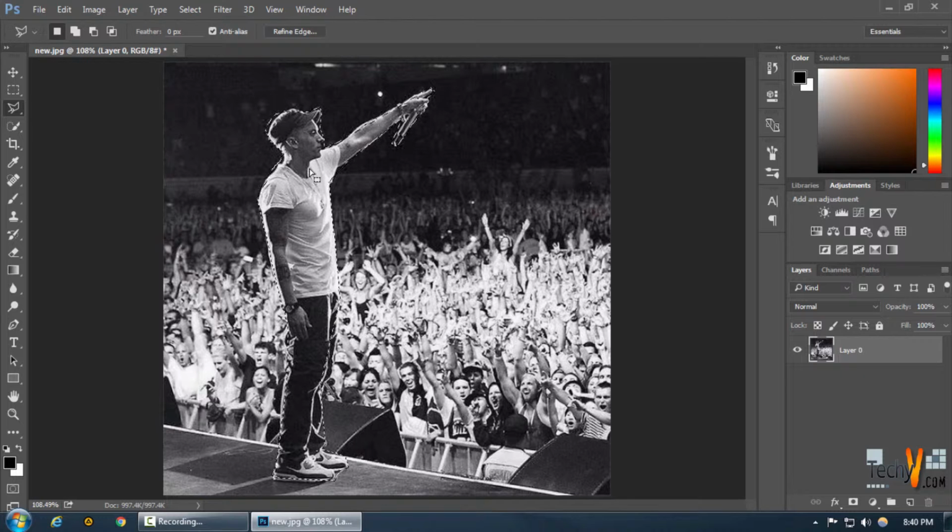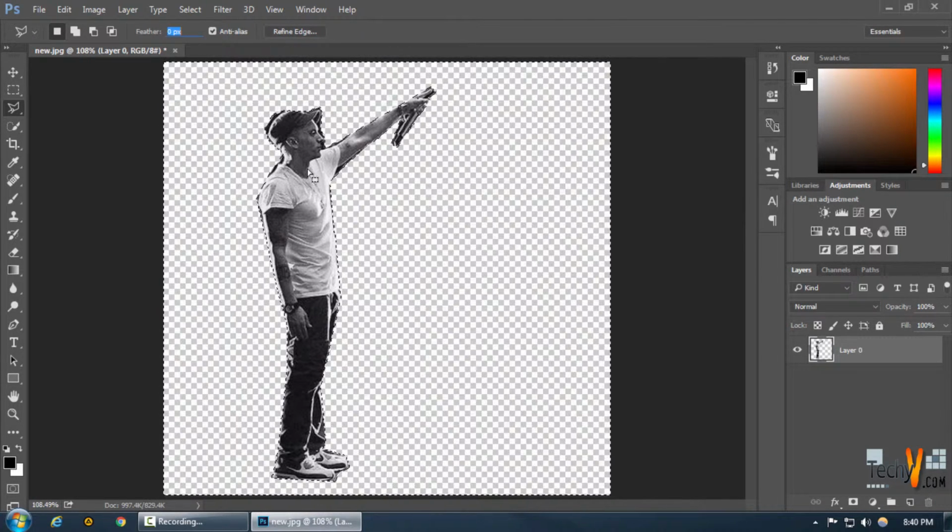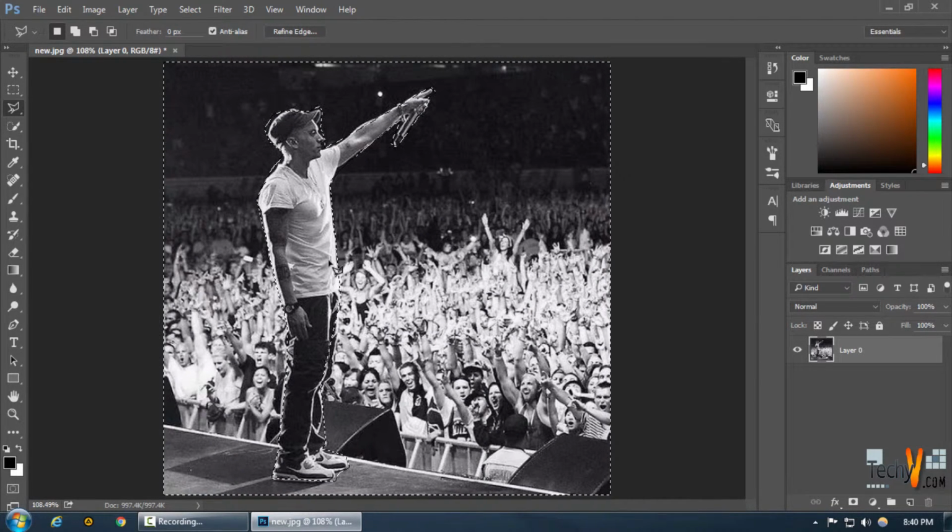We can move it around to show you. You can see this doesn't give us exactly what we wanted, and it includes the black and white portion of the background. So we're going to remove it by pressing Ctrl D and selecting the magnetic lasso tool, which is actually one of the most used cutting tools in the newspaper industry, because it is quick and intelligent and fast. So what we do here is we just click at one point,